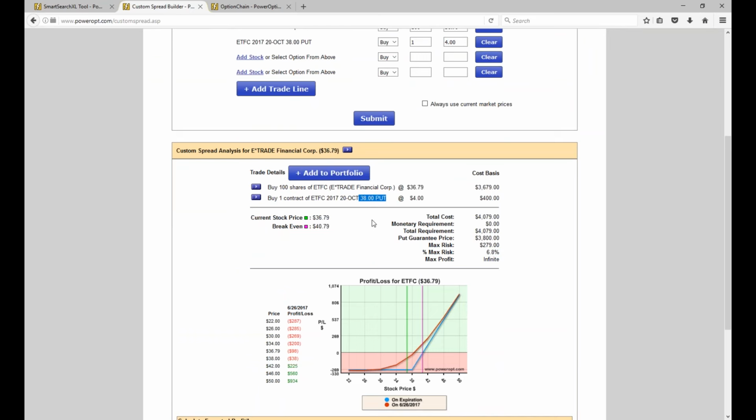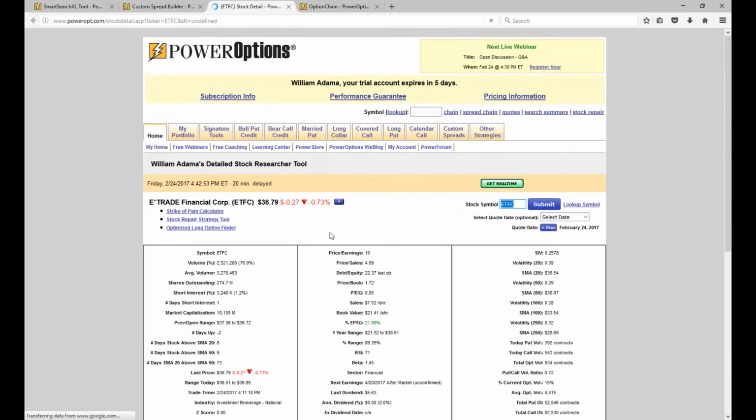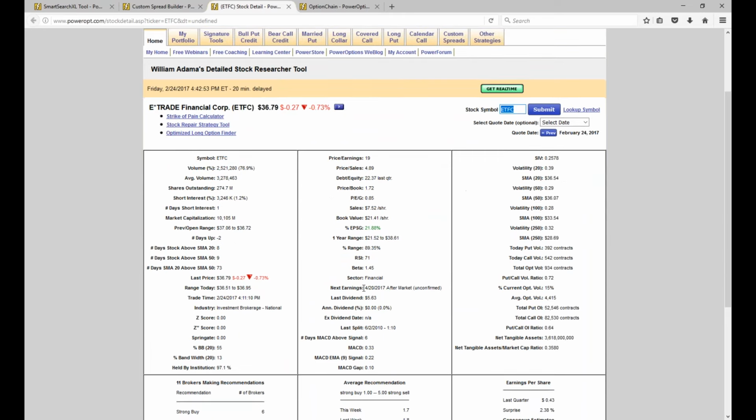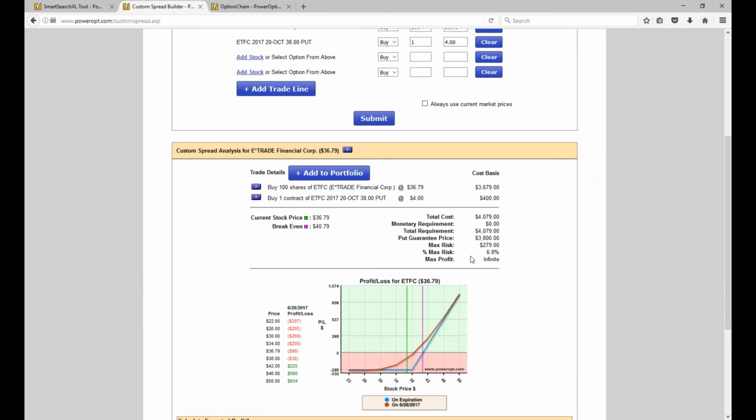I like this. Sorry, I don't mean to babble. I've been looking at E-Trade for a while. I do like this October 38 put. I may open this on Monday for our Fusion subscribers if the stock stays around the same price. If we had earnings yet, let's check the stock research tool. Yeah, so the next earnings aren't until April 20th. And I'll do a little bit more research on that. But this is a nice married put setup. Good 6.8%, under 7%, 238 days out in time.